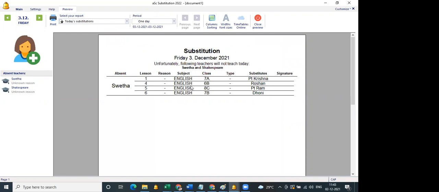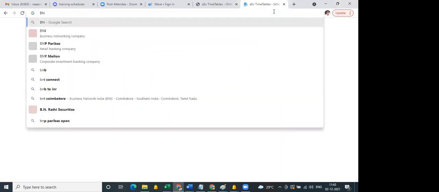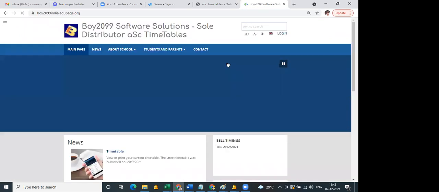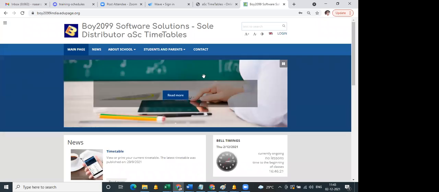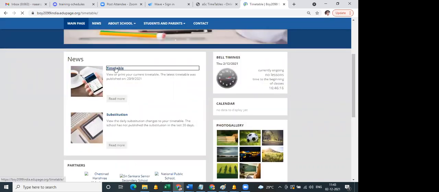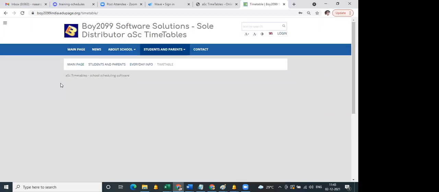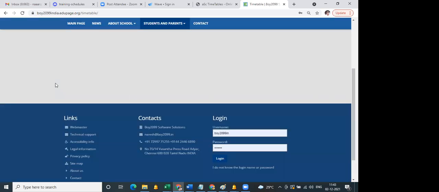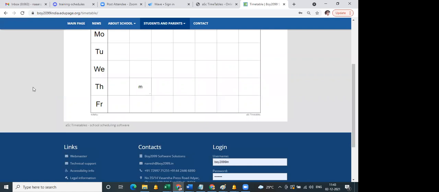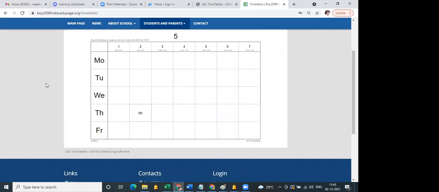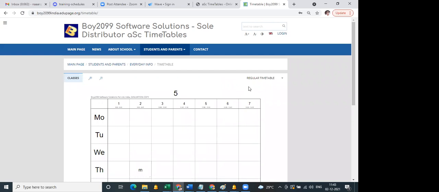We do have an online edition wherein you will be provided with a separate web page for your school, where your students can just download their timetable, if at all you give access to them. If not, you can restrict it. Something like mathematics, I have just added one. So the students can just take the printout alone. They cannot do any modification because there will be only one administrator login.